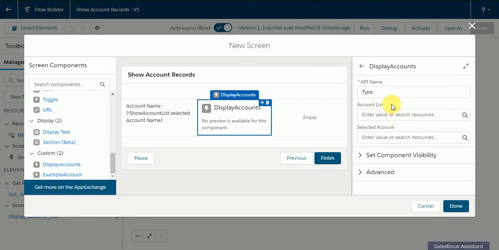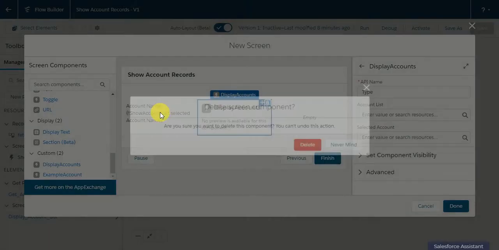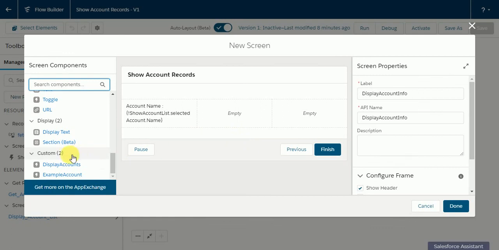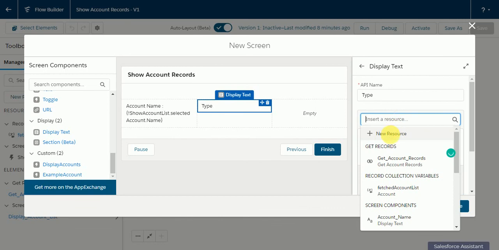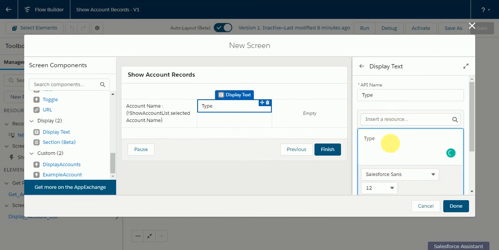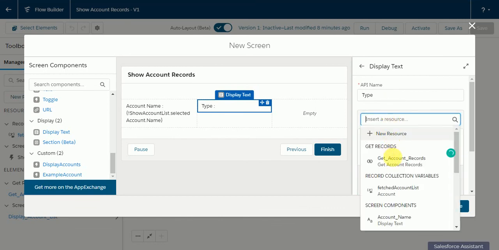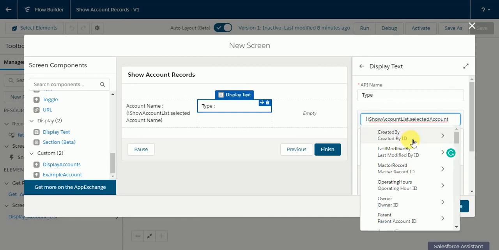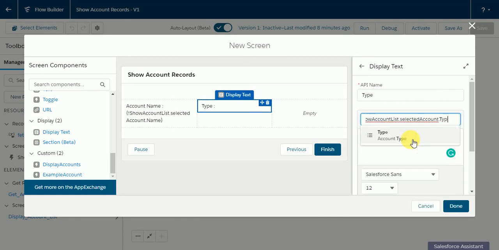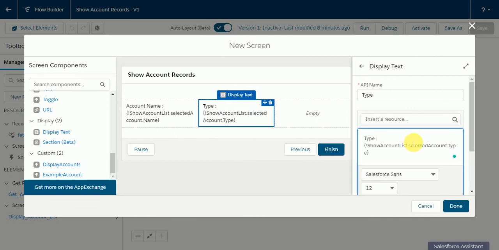Sorry, display text here to display the type. I'm going to select the type coming from the selected account dot type. Yes, this is the account type.